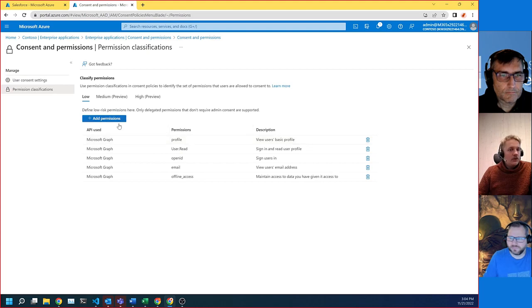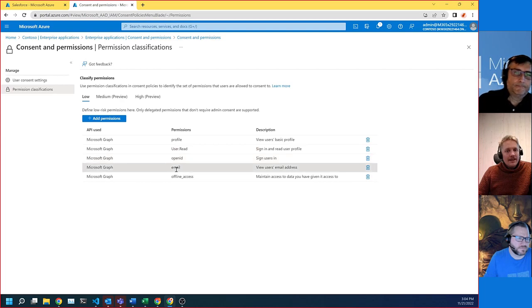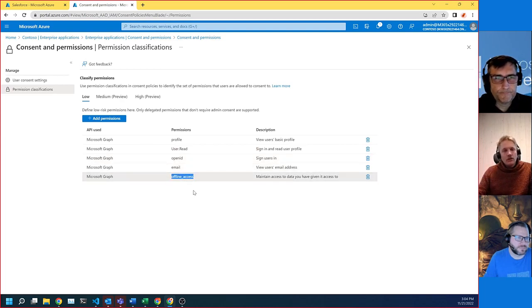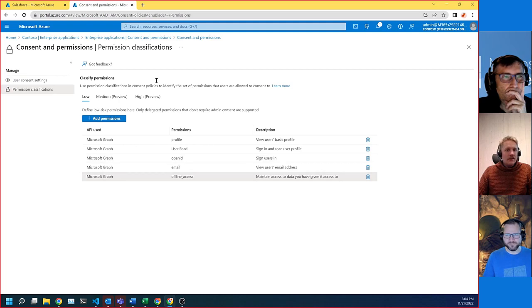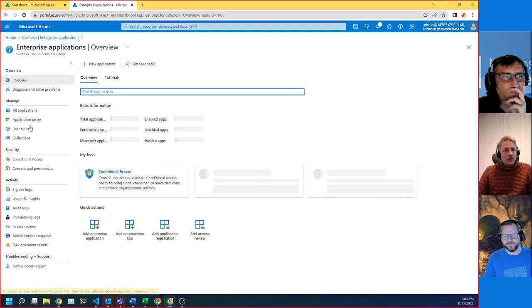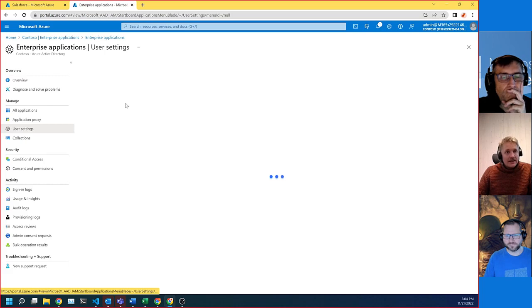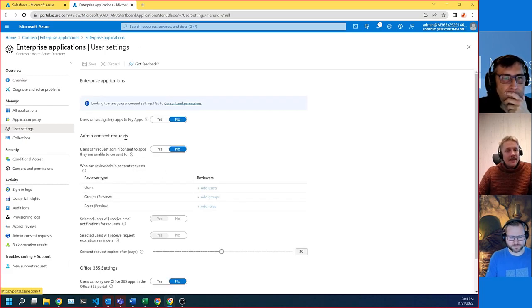That means that by doing what I did now, I say that, okay, so profile, user read, OpenID, email, and offline access, they are all low risk because they are all only giving access to a tiny bit of profile data. It's the first and last name, it's the email address, it's maybe an identifier of the user, and that's it essentially. And now I can also, through the user settings here, say that